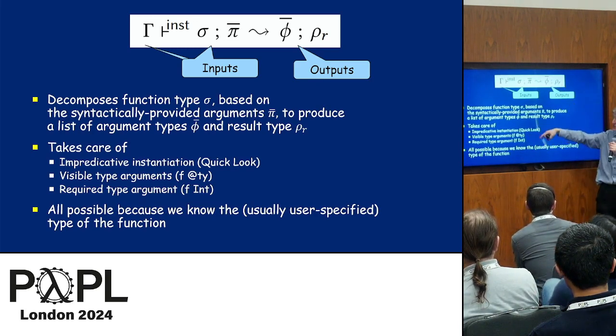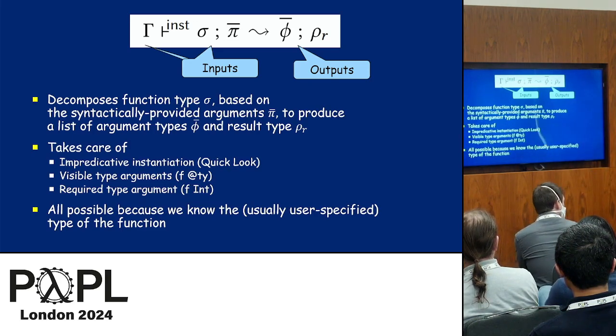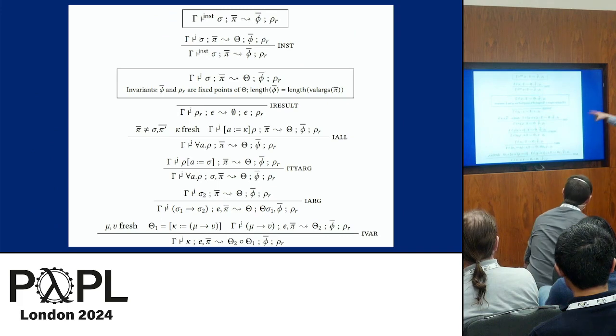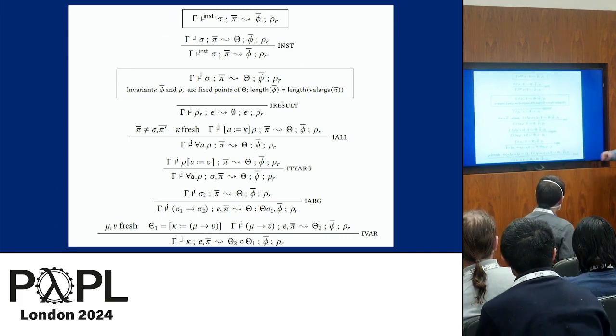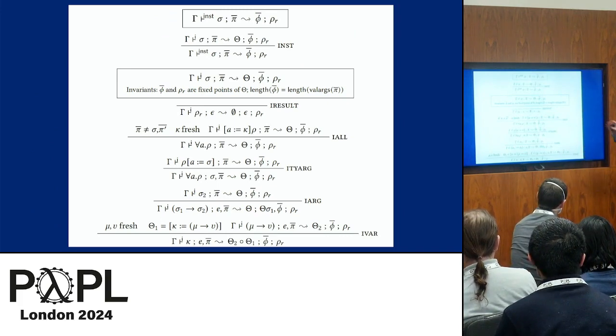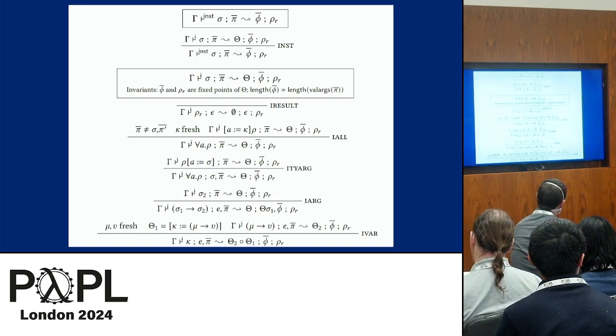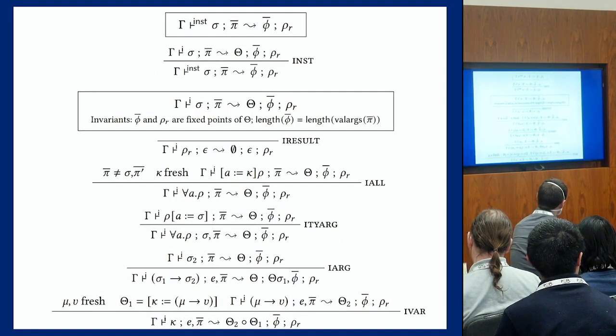There's quite a lot of moving parts in this guy, but all of the things that I told you were tricky are all embodied in this instantiation judgment that I'm not going to work out. I'm just showing you this slide to say, look, it fits on one page, all right? And if I just take one example, what's this? This is a